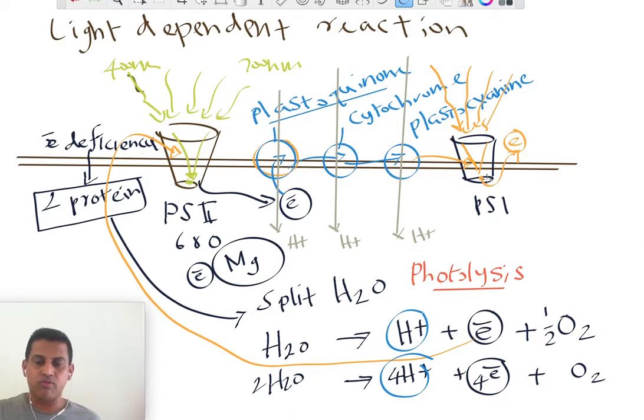There's no splitting of water. Instead, the electron coming from photosystem 2 fills the electron deficiency of photosystem 1. Now in photosystem 1, the electrons are moving the same way as in photosystem 2. So here